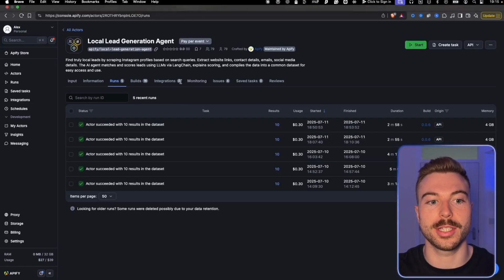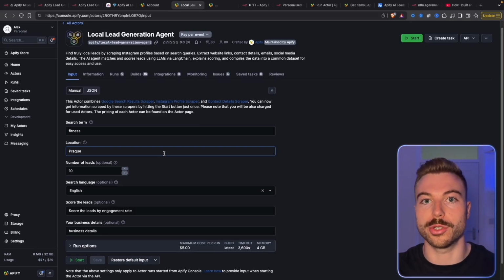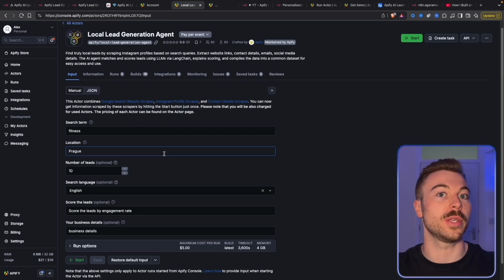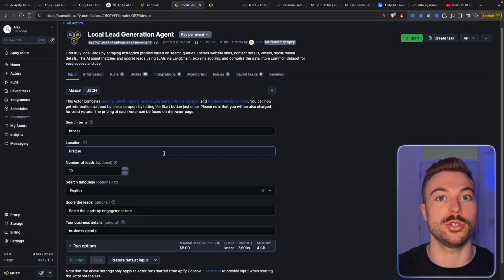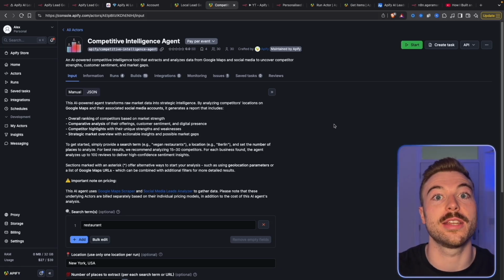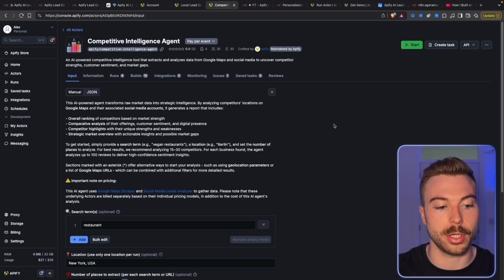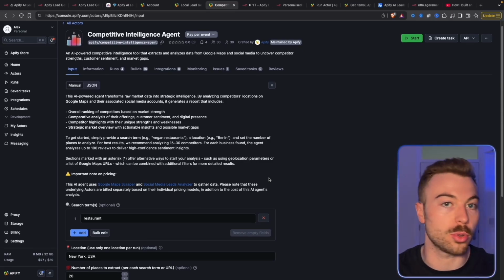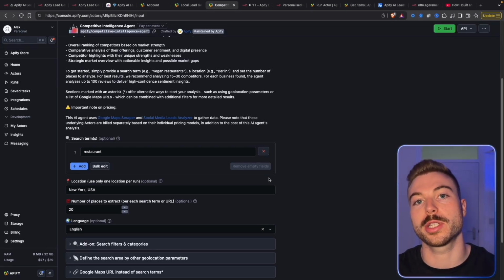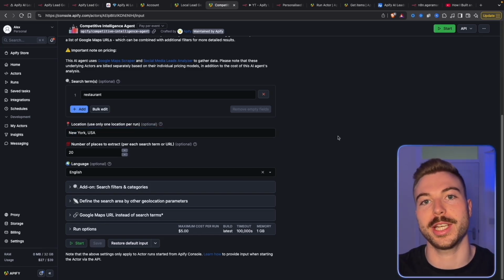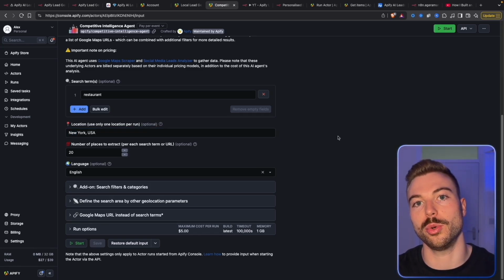Now it is key to know that this is a local lead generation tool. So definitely use it in a much more specific town or city center versus trying to use something big like New York, because you definitely won't get the same outputs and the same quality for using these for the personalized outreach. The next one we're going to be using is our competitive intelligence. This is going to give us some insights on that specific market. Again, we want to make it as specific as possible for that local insights on the local companies, local competitors, so it sounds really authentic for those companies you're reaching out to. So definitely not a New York, USA, but maybe a smaller town, maybe in New York somewhere that you're able